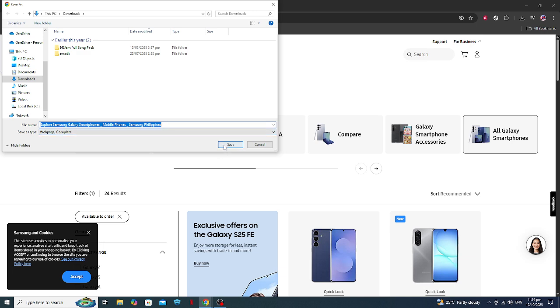After clicking Save Page As, a File Explorer window will pop up. This is where you'll decide where on your device you want the saved web page to be stored. You will also see that the default file type is Web Page Complete. This setting saves the entire page, including images, which is generally what you want to keep the page's full content